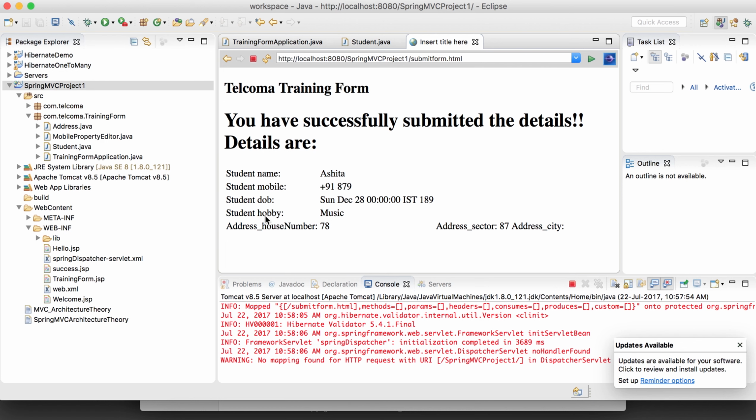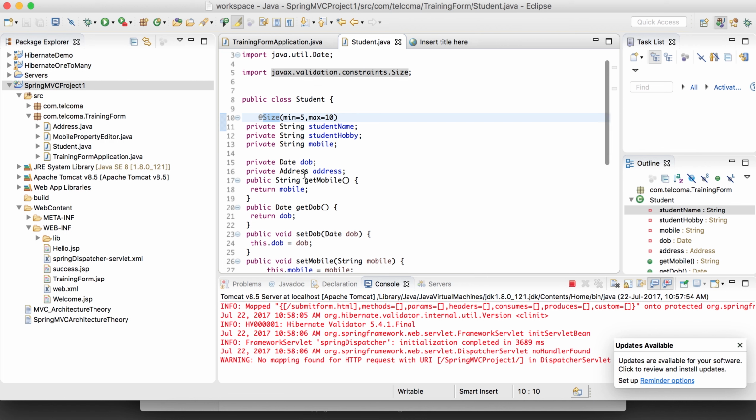Now I have provided 5, that is the minimum value, so it will be able to process the application. Clear? So this is how the form validation annotations work. Now let's